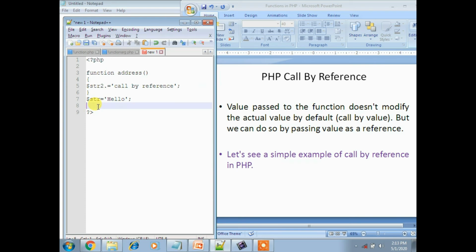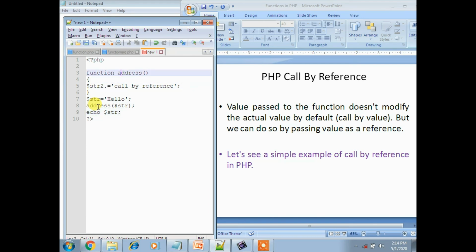And now here the function name, address, with str. And now echo $str.